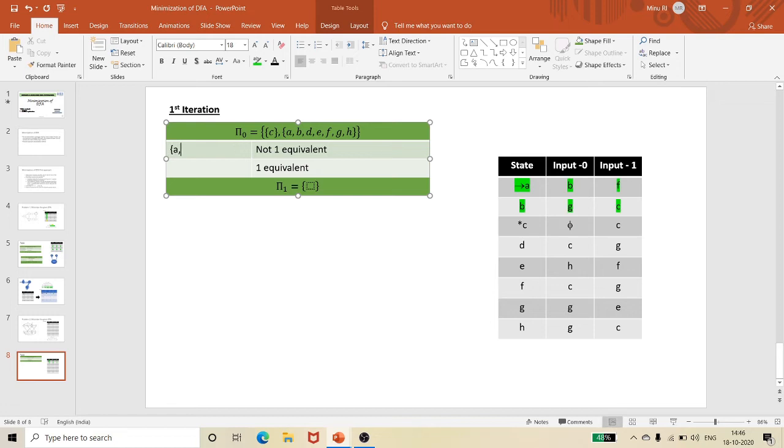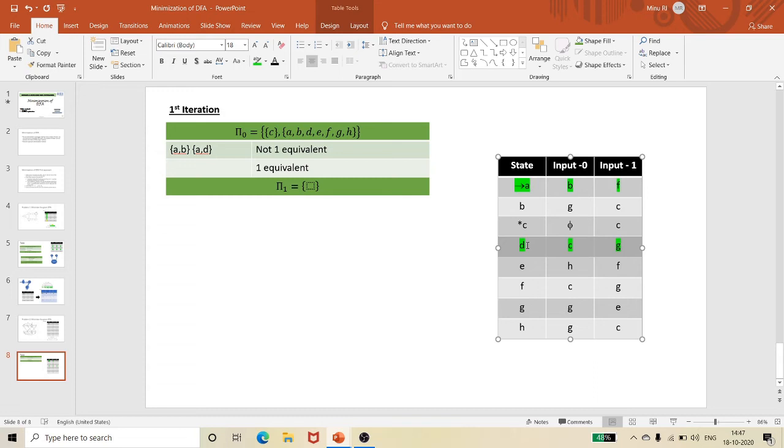Then A with D: D and C, that is also not going to be equivalent, because C belongs to another set. So A comma D is also not one equivalent.